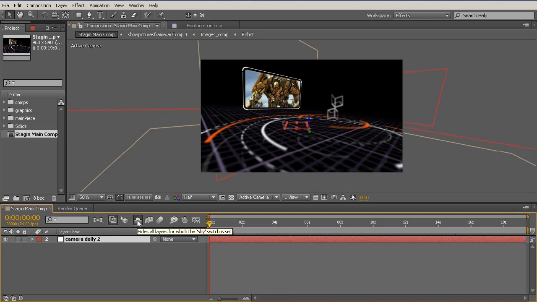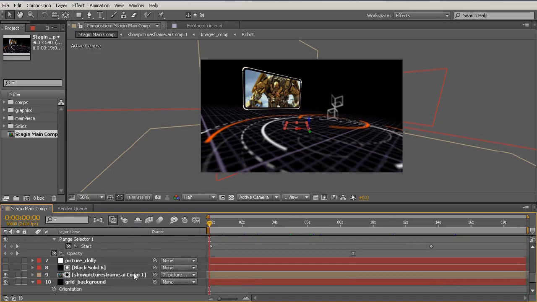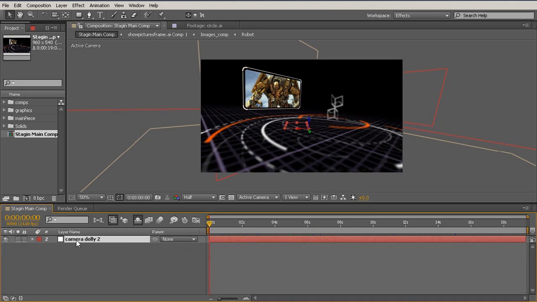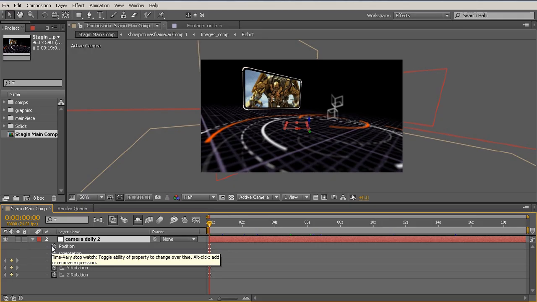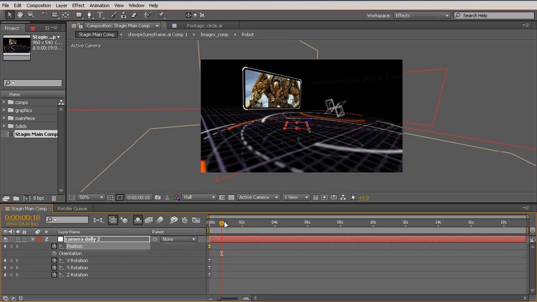So to begin with, I'm going to jump to the beginning, and we have our camera Dolly 2 here. The camera setup is a little bit complex, so I've just shy guyed away most of the layers so we can just focus on this one animation element. Now from here, I'm going to open up the rotation and the position by hitting R and Shift P. So let's keyframe our position, F9, ease that in,